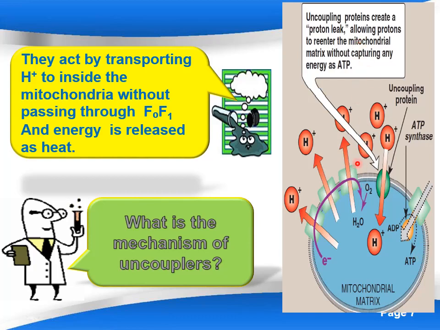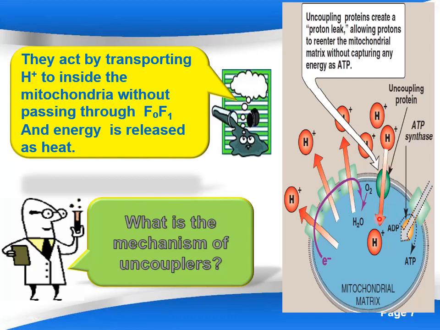If I have an uncoupler, it is producing a sieve, so the proton can enter from any direction rather than through the proper entry. The proton can enter from here, here, and here. So oxidation proceeds, and the proton enters from any other side. This entry of protons results in production of heat, not production of ATP. So remember, uncouplers do not inhibit oxidation. Oxidation proceeds. They act by transporting protons into the mitochondria without passing through